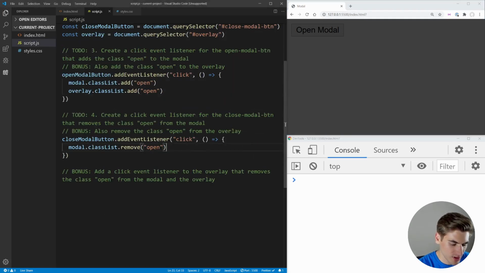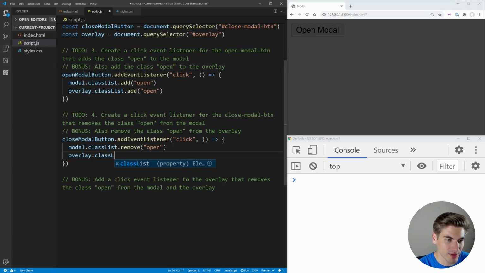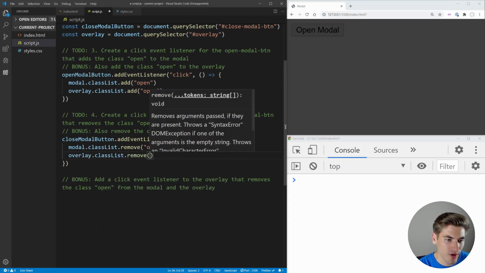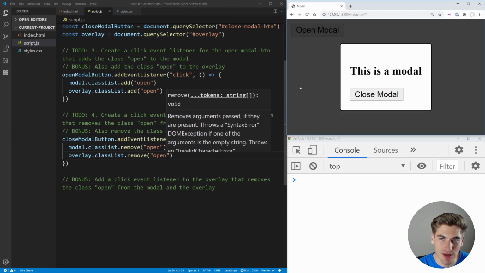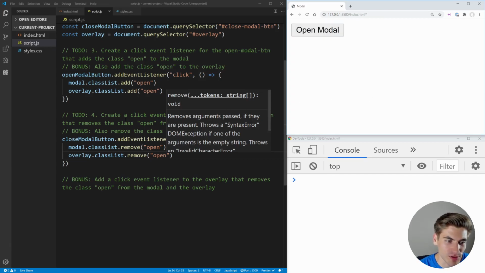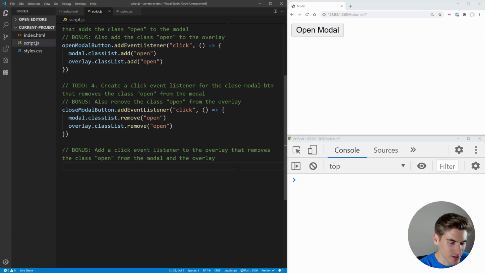So down here, we can say overlay.classList.remove, and we want to remove the open class from our overlay as well. So now all of that is working. The last thing to do is make it so when we click outside of our modal on our overlay, it also closes our modal. So to do that, we can say